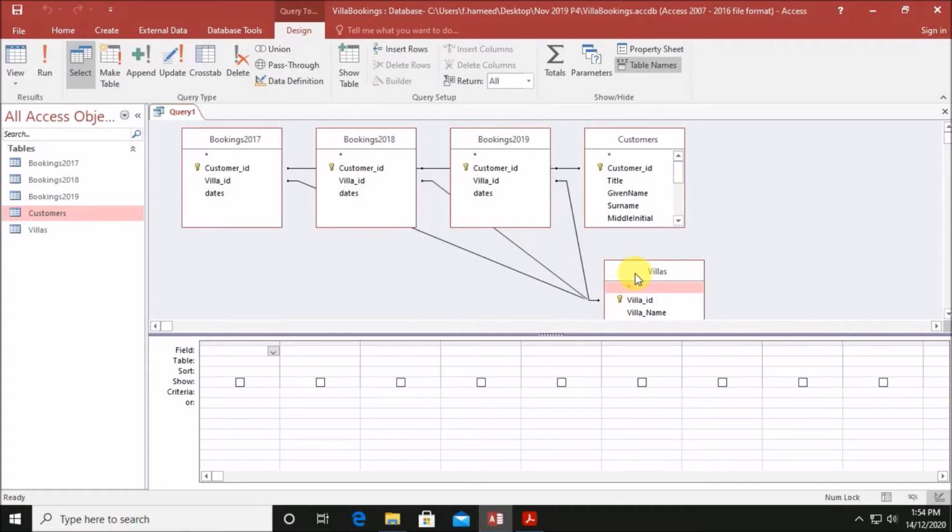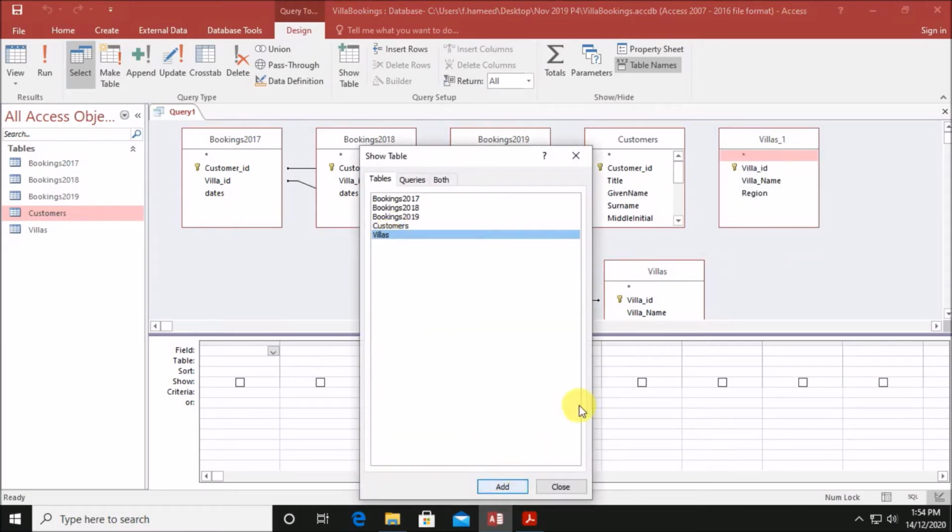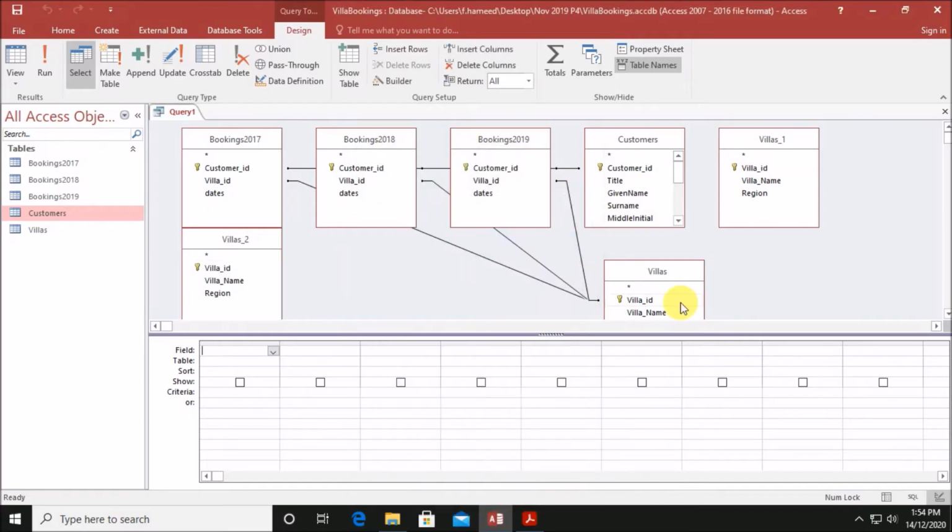This villas table is related to all tables, and a villa name can be shown only for one table at once. So we need to add the villas table two more times. So I will add two more villas tables: show table, villas, add. So once more we have added. There are three tables for villas. Let us move this here.